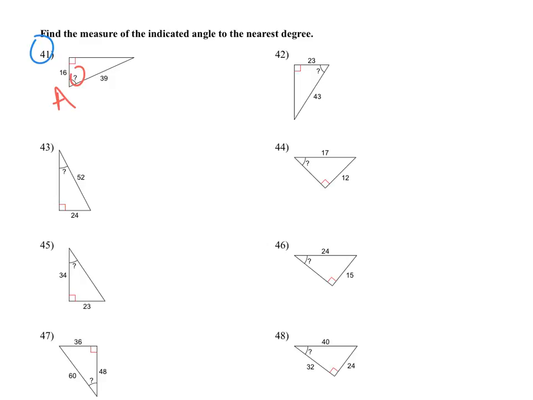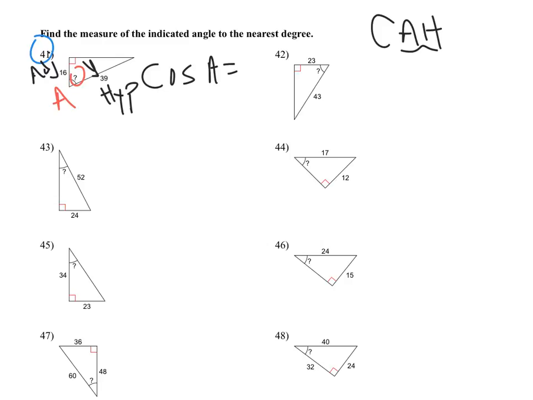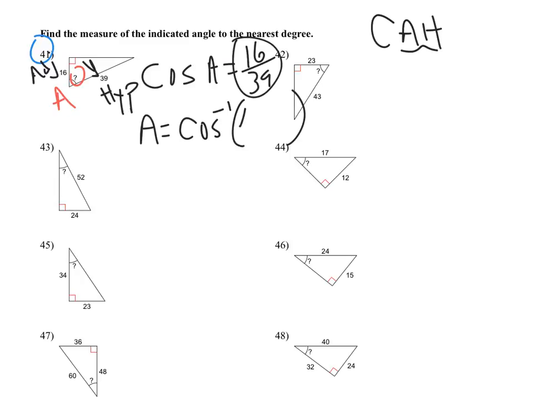In relationship to that angle, this would be the hypotenuse, because it's across from the right angle. This would be the adjacent leg, because it's next to the angle with the hypotenuse. So adjacent and hypotenuse, if you think of SOHCAHTOA, that's the CAH, so we're going to use cosine of the angle, and I'm calling it angle A now. I don't want to use a question mark in there, so cosine of angle A is adjacent over hypotenuse, so 16 over 39. To find angle A, we are going to do inverse cosine, and then again, this goes inside there,